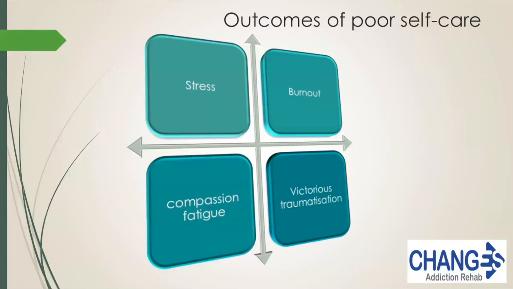So if we're starting off with the situation of our addicted loved one, we've noticed that the stress is starting, then we're moving on to burnout, then going on to the compassion fatigue. By the end, you begin to dissociate yourself from whatever is happening. That autopilot response is now across the board for everything in your life. It's no longer isolated or limited to the addiction and those patterns and cycles.